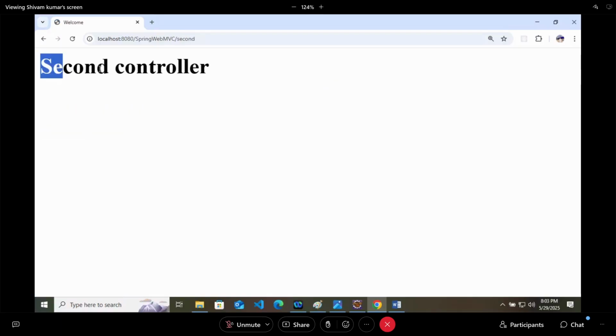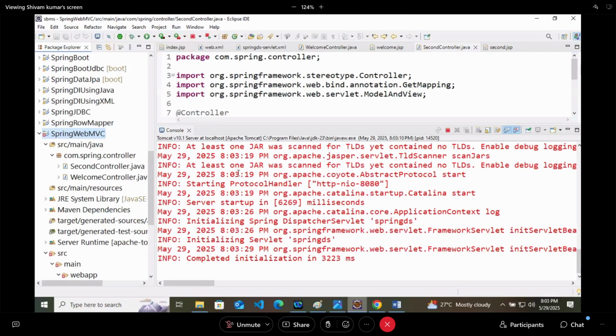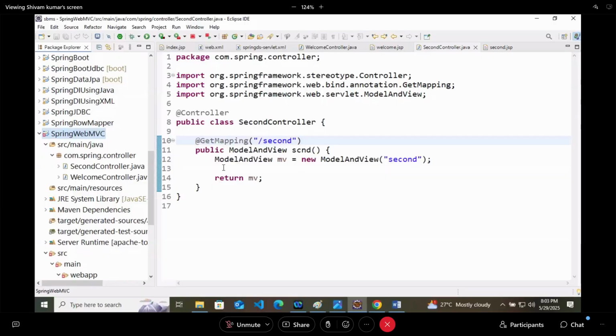How it is finding that okay, this is my own controller? Whether it is finding or not, that also we should check. So what I will do, in the second controller method, I will attach one print message that says second controller is called, so that on console we will get this message whenever this method is getting called.